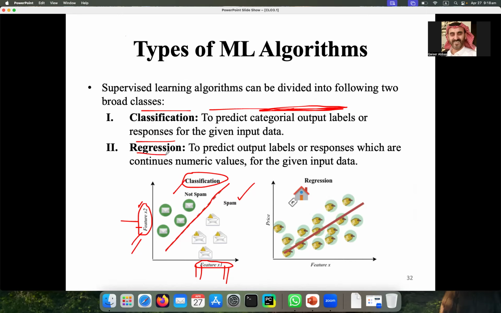And what is regression? When we predict output labels, or responses, which are not categories but continuous numeric values.